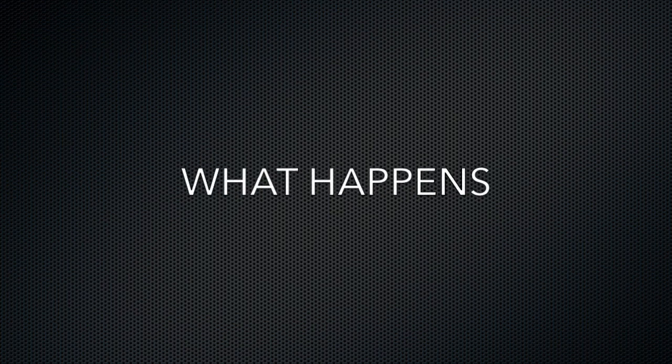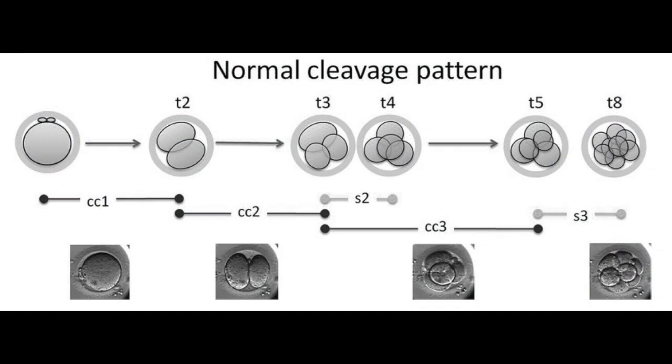The most we can do for now is to describe what happens. All humans start with a single fertilized egg or ovum. The fertilized egg divides in the mother's womb to produce the embryo between the 1st and 8th week of development. All of the cells have the same genes and a balanced number of chromosomes, 23 from the mother and 23 from the father, for a total of 46 chromosomes.